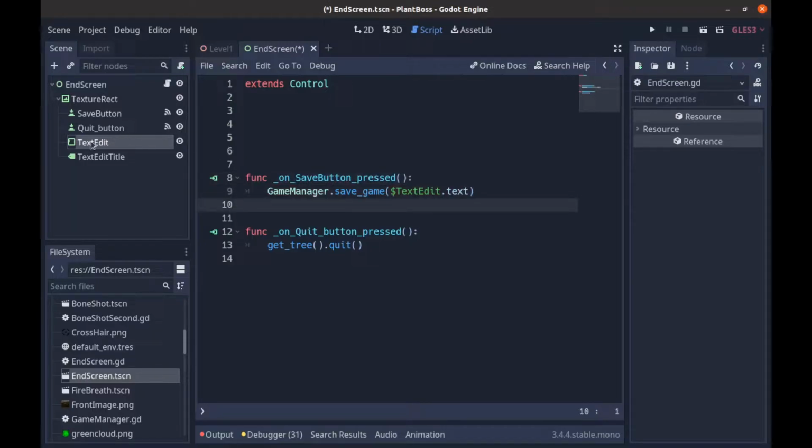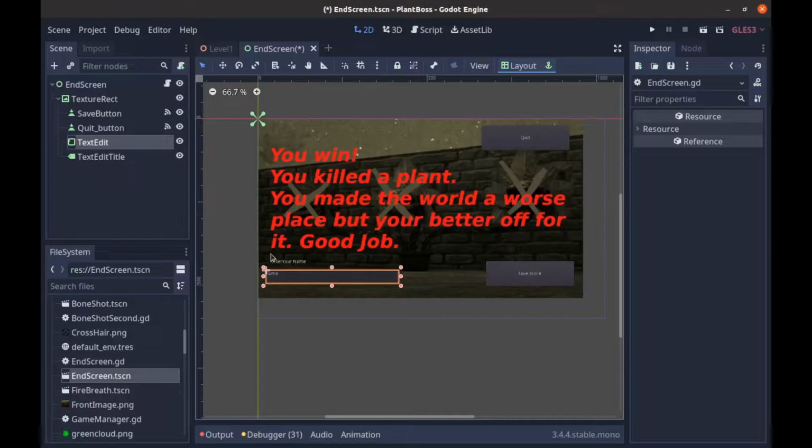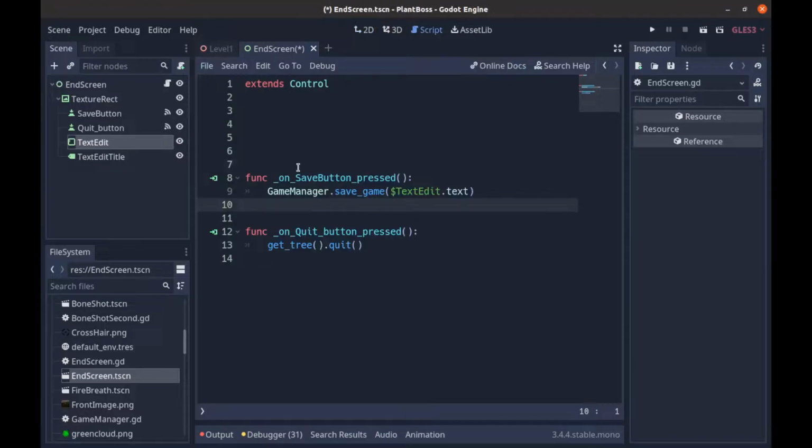All right, so that means when we hit the save button over here, it's going to send whatever is in this text button that we can write and read. We can write over. Sorry, it's 2:40 in the morning here. And then,